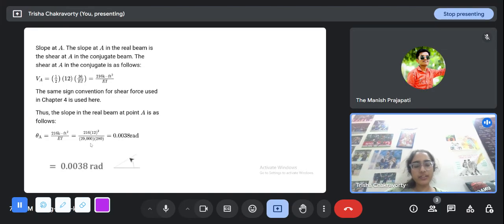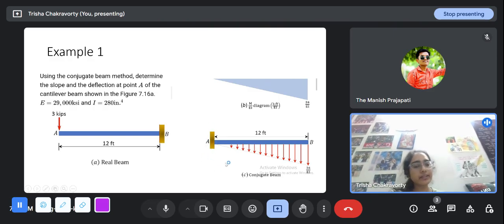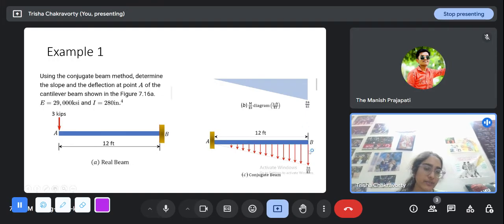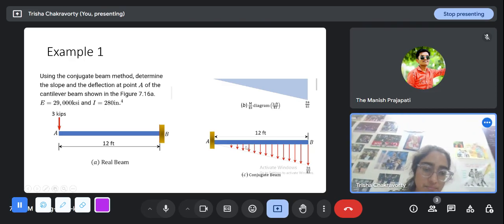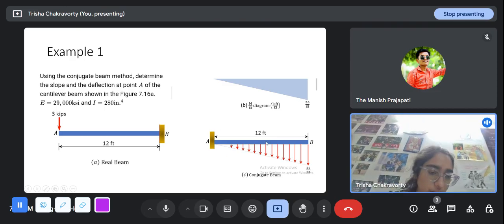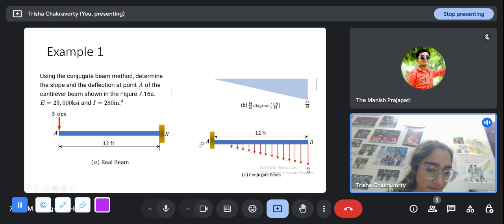So if I want to find out the shear at A, what I basically need is to solve the support vertical reaction at A, because there is a downward loading, and there is only one support reaction that provides support in the vertical direction. There is nothing here. If there was a hinge or a roller here, of course I could not just take the downward load, but since there is only one support, the total magnitude of this downward load is equal to the shear reaction at this point A.